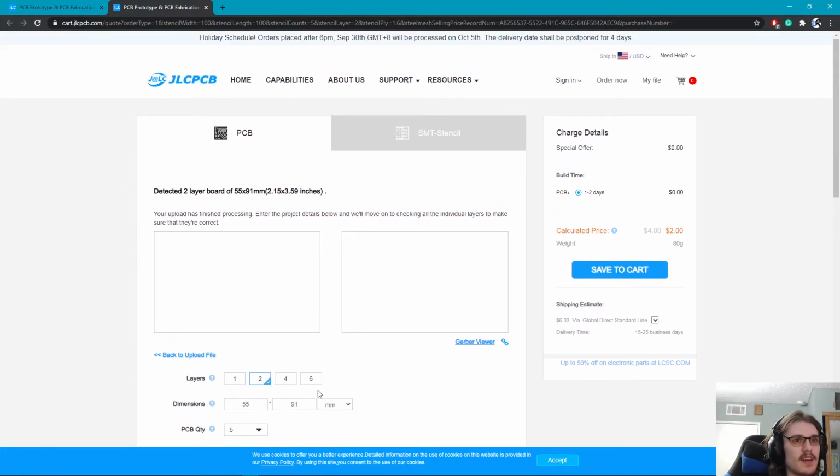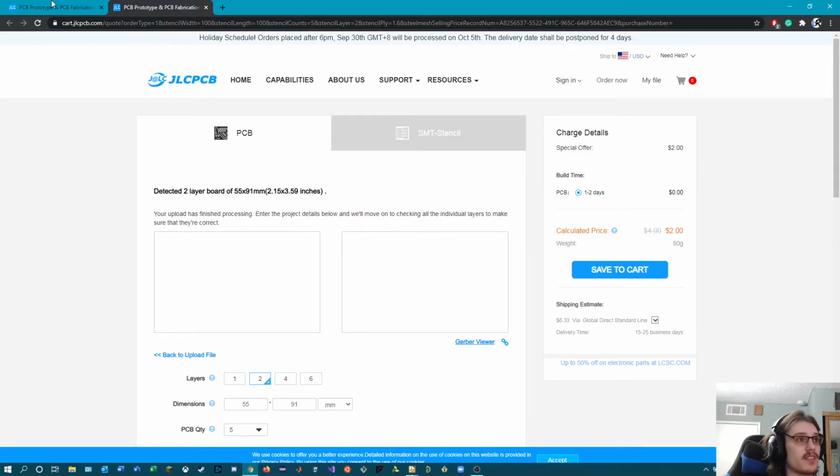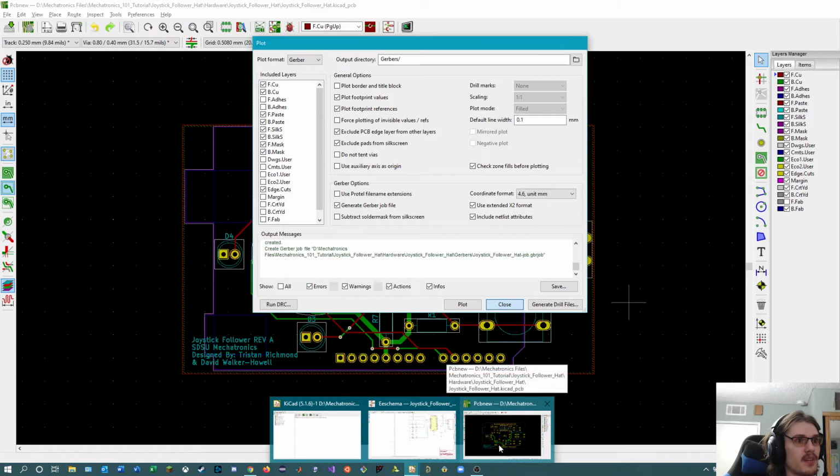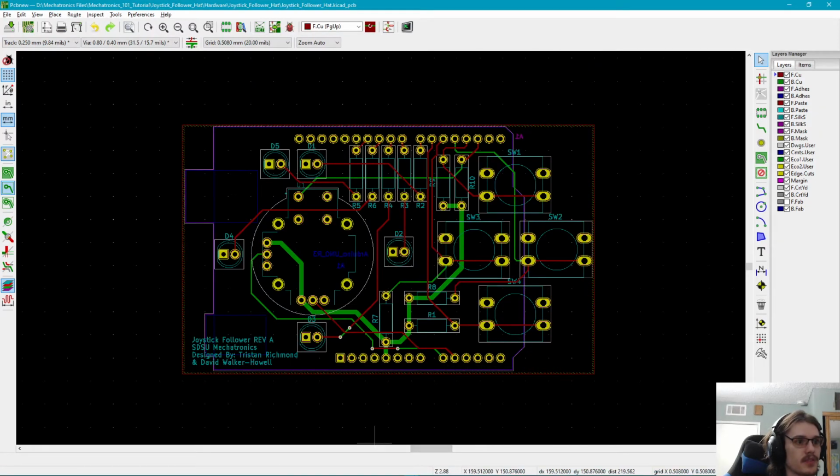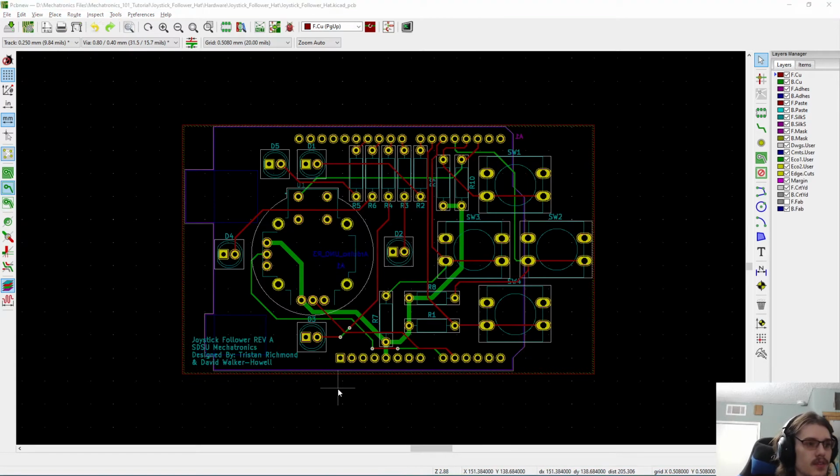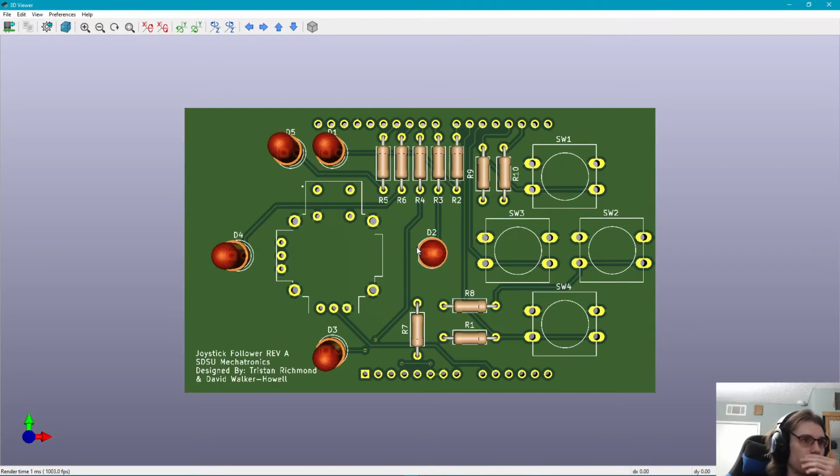But yeah, this is the entire process of JLC, and this is really how we're wrapping up. Just making sure this is all done. Let's go to the 3D view. So this is how you make your own